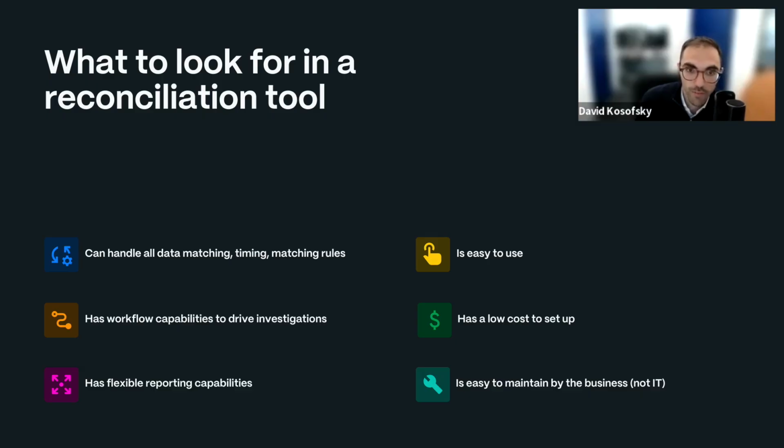So you want to make sure that your automation tool can produce the ideal output for your process, whatever that might be. That might be an Excel file, it might be CSV, a Word, PDF, could be an interactive dashboard. In some cases, you might need connectivity to your ERP system that can post a journal. Whatever it is, you want to make sure that there is flexible reporting capability.